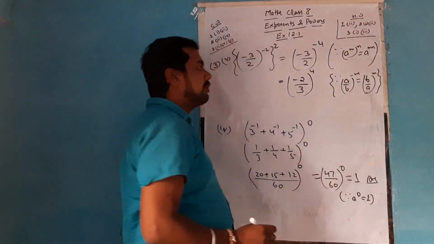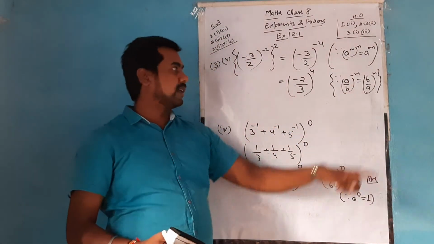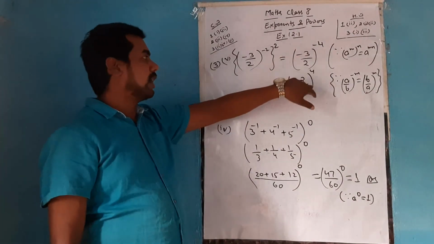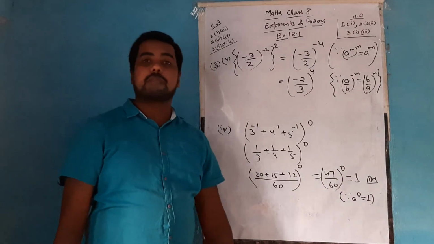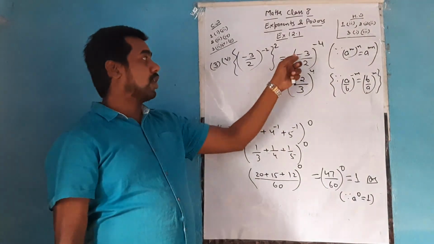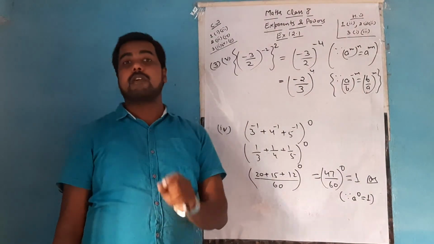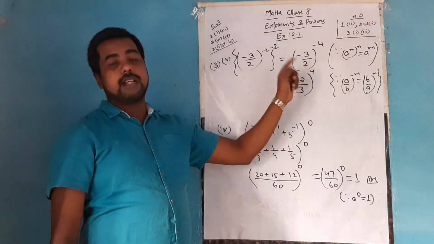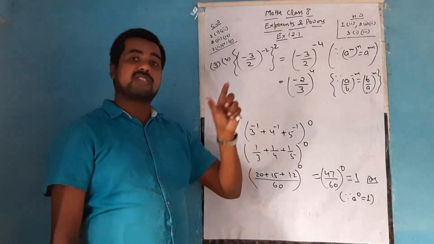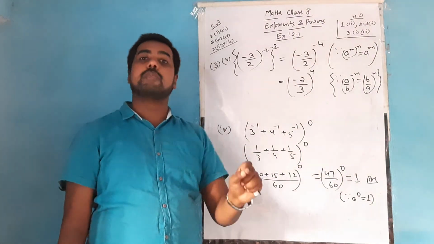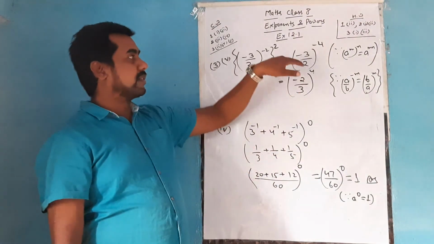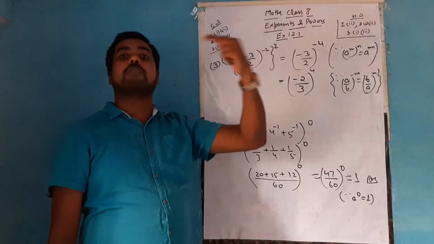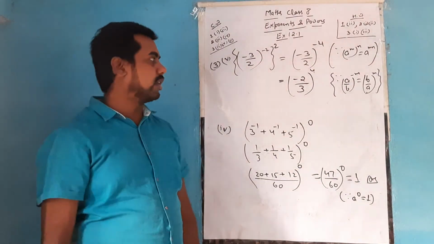Base with negative power will result in the reciprocal of the base and makes it positive power. So I am applying the same thing. Here it was negative power. I have made the reciprocal of the base, keeping the same power, and now made it positive. I am not making the reciprocal of the negative. The negative number will remain negative only. If the negative number was in the denominator, in that case we may post it in the numerator, because the standard answer has the negative number in the numerator only, not in the denominator. If the sign is in the numerator, you will leave it in the numerator. But if it is in the denominator, you will post it in the numerator. You won't post it in the denominator.